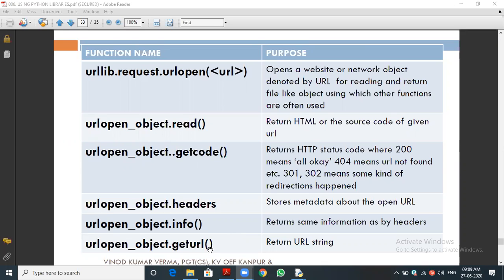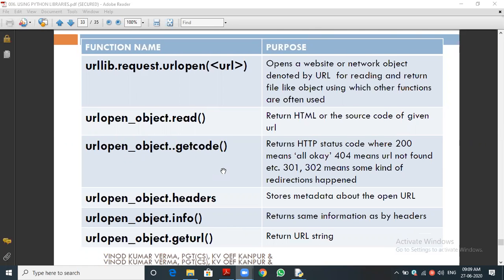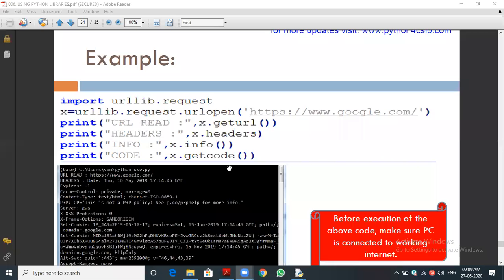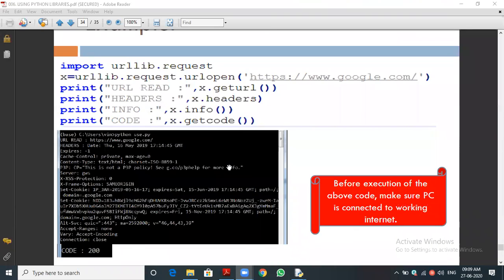These are all the functions we used in yesterday's example programs, and we also did our own example programs.